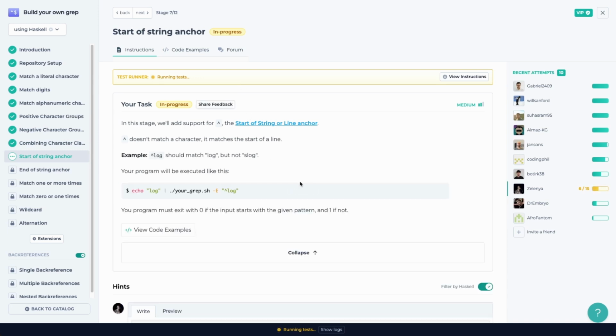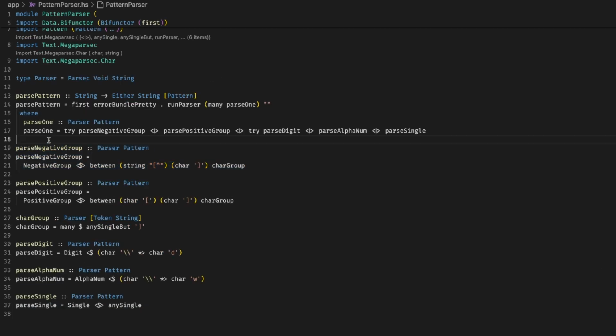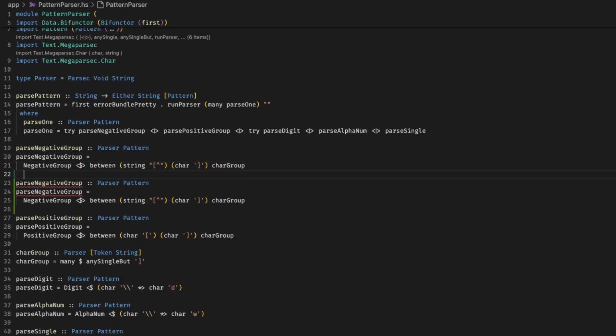In this stage, we want to support start of a line. So if we start with a log, it should match. If we don't, it's not. Let's see if this magically works. Okay, it doesn't work, and also I forgot to remove the trace, which I guess doesn't hurt, but it's also nice to know that we can reuse one of the existing parsers to create a new start of the string